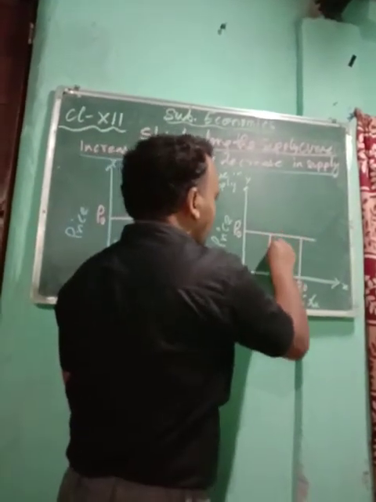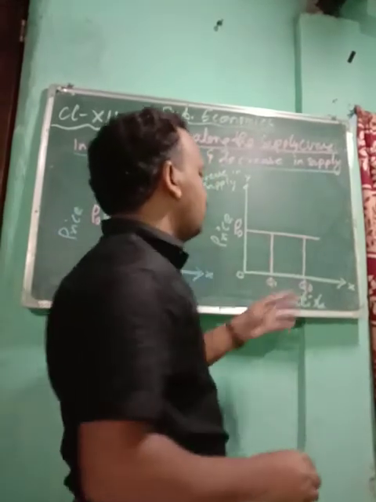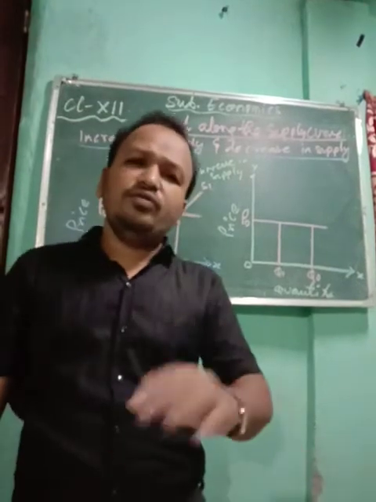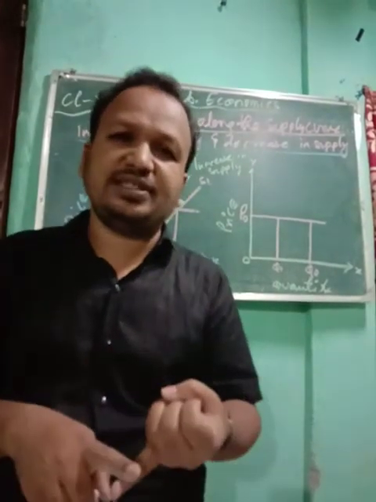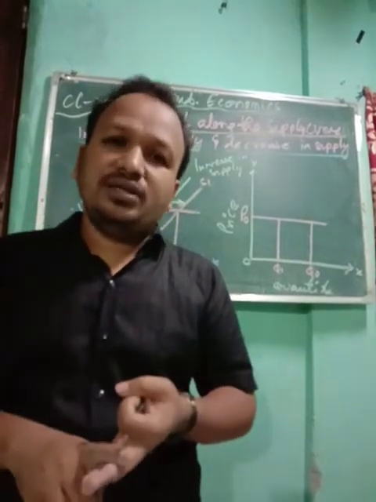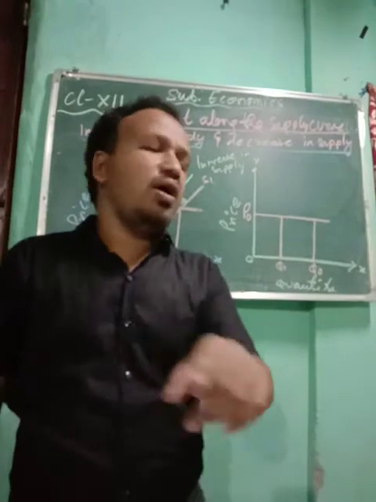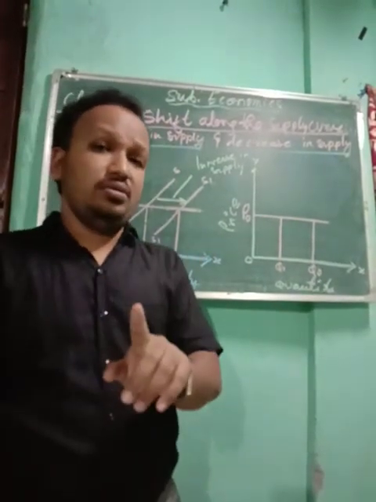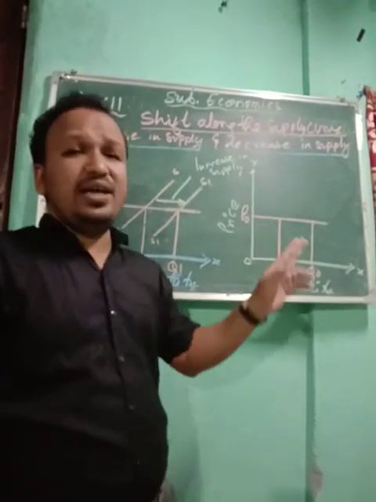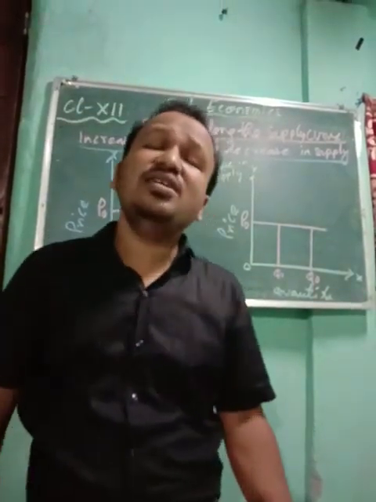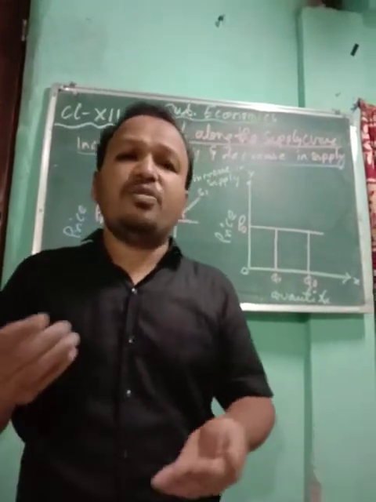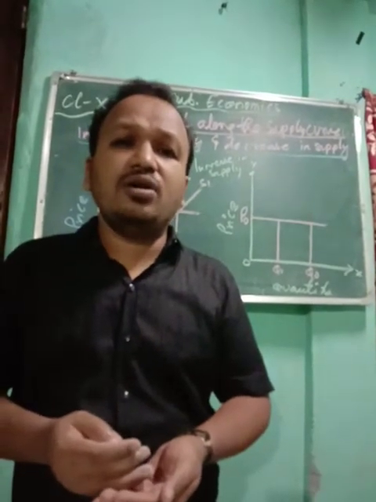Suddenly there is a fall in quantity supply. People started reduction in supply. Today if you are a supplier, if today your cost of production increases, fuel charges, raw material charges, worker salaries or wages has increased, but you cannot increase the price. So if in the same price you have to supply, you will reduce the supply, because as a supplier your cost of production has increased. Now your profit is also lacking.